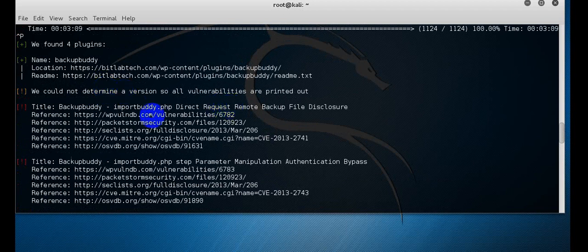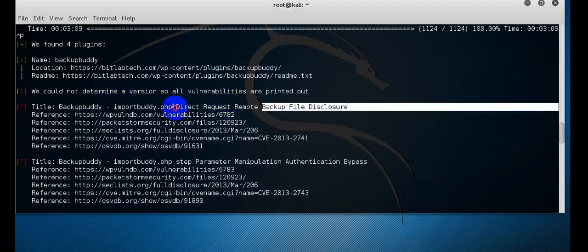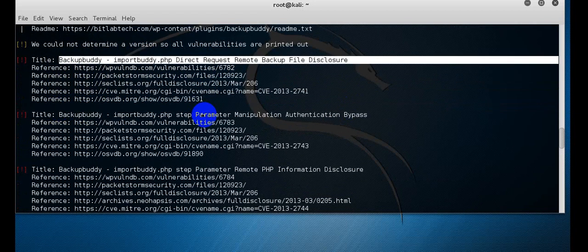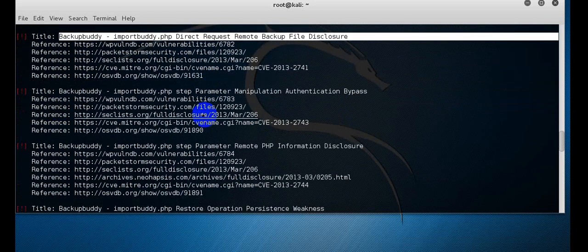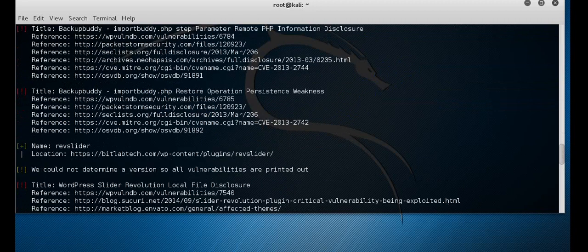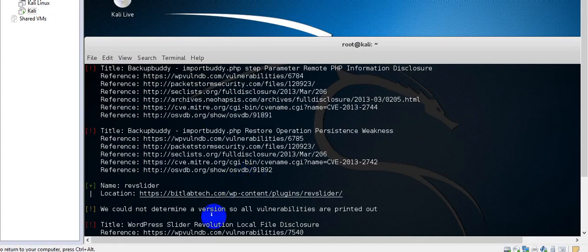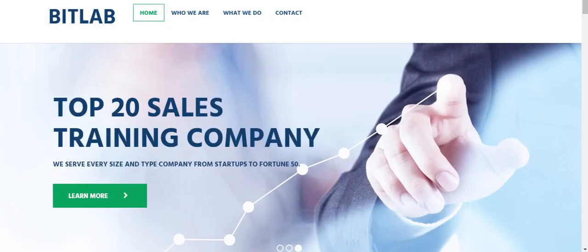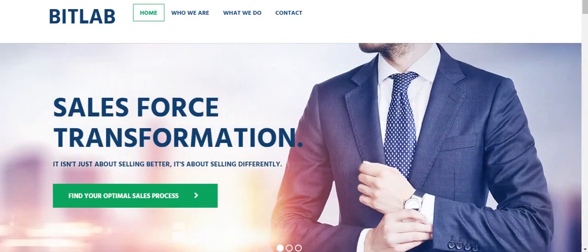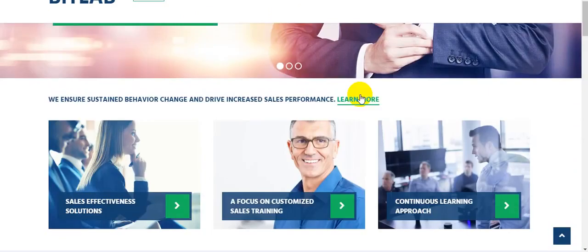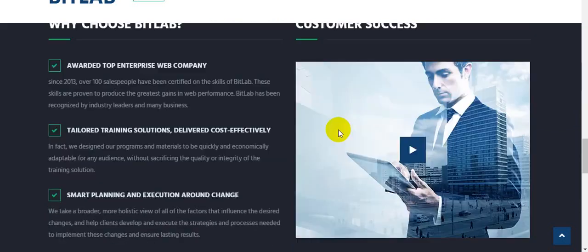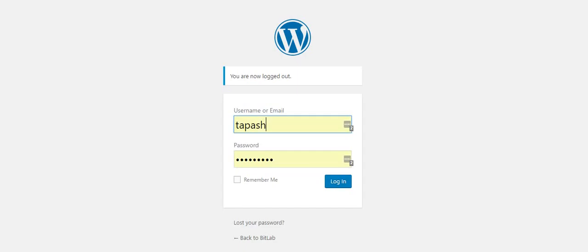WordPress website by this vulnerable plugin, you can search for the vulnerability in WP exploit. So just I am going to show you that the listed plugins here truly exist in the website or not. So for that I am going to the BitLab tech website here, and then going to login,